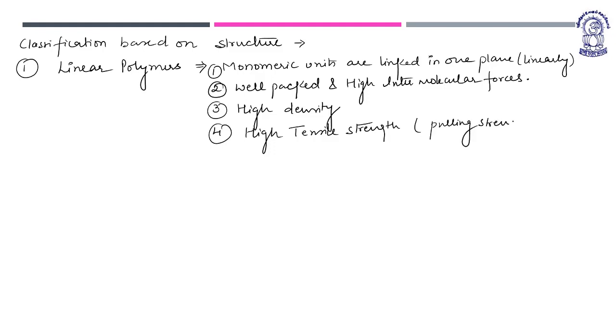It is the pulling strength, how much the material can be pulled to change its length, and they have a high melting point. Examples of linear polymers: high density polythene,